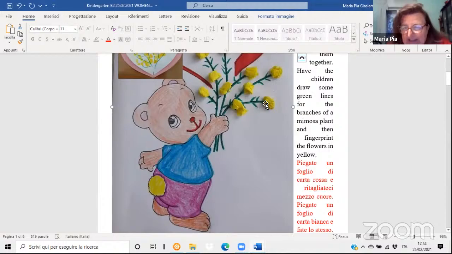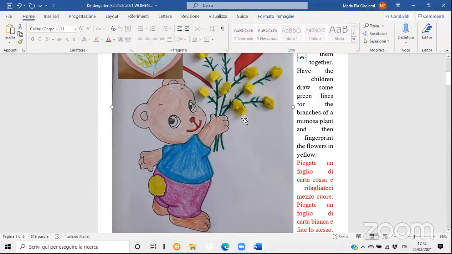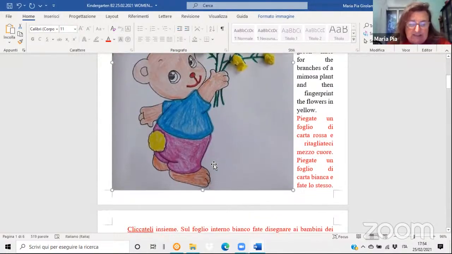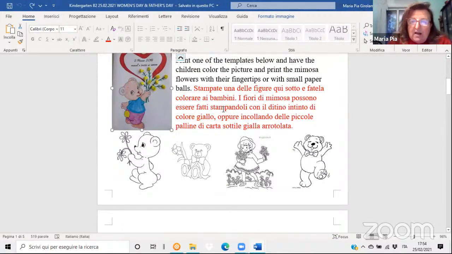These are the paper balls made with thin paper and glued. Yes, so that's another possibility. Okay, and I've put here for you